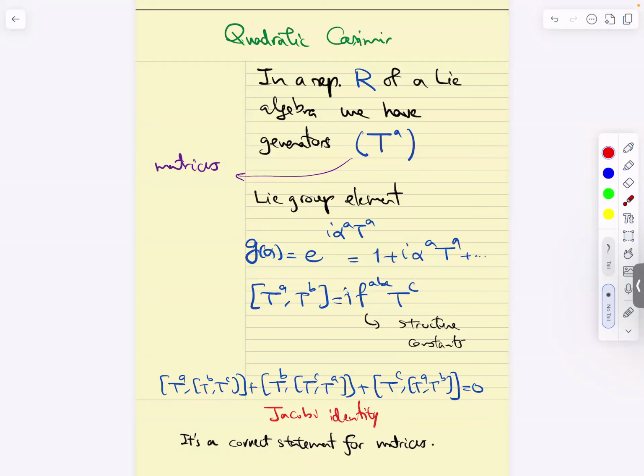One choice of inner product is this. So you can think of it this way. This is a vector, this is the conjugate vector, this is a ket, and this is a bra, and this is their inner product. Right? So in that sense, when I talk about TATB, when I write this equation,